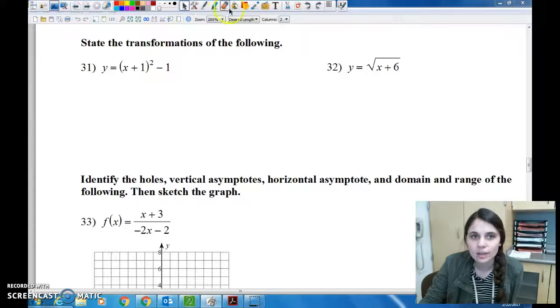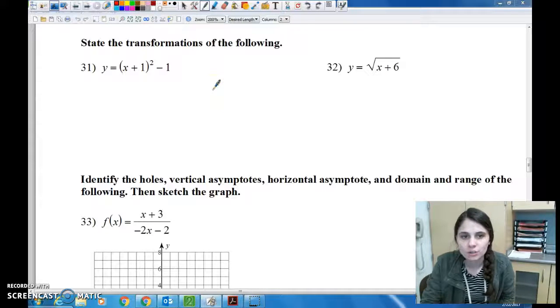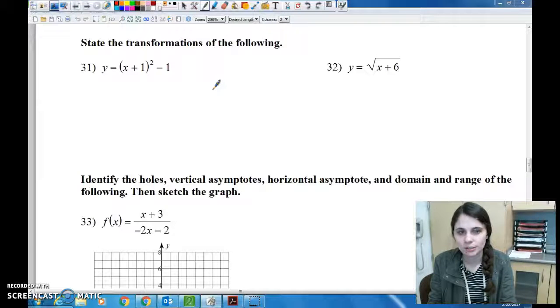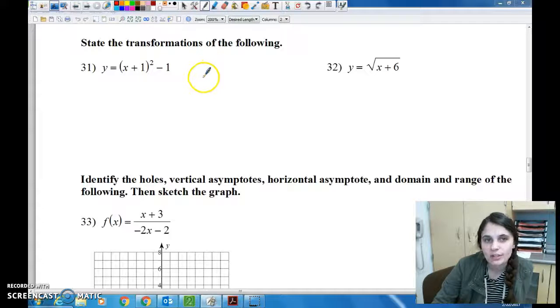All right, so this video is going through the free response portion of your final review, which is numbers 31 through 40. So numbers 31 and 32 ask us to state the transformations of these two different functions. So when we did this in class, it was in your green packet, Unit 3, and we had a big